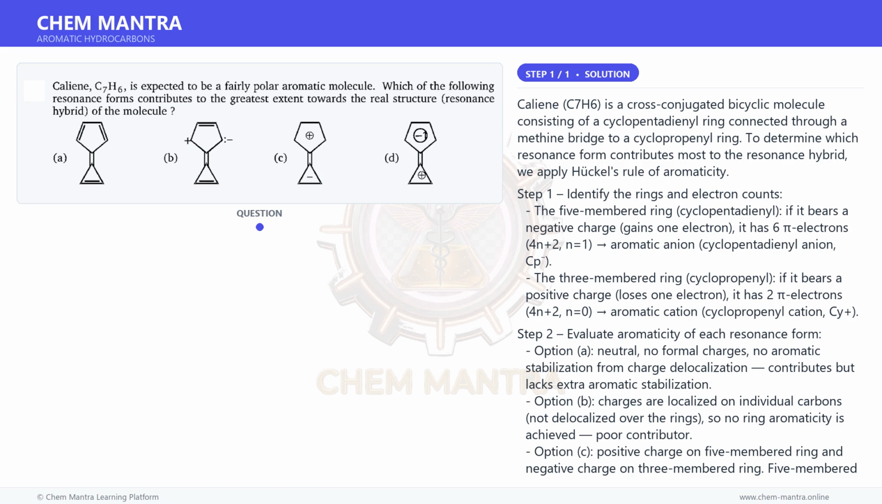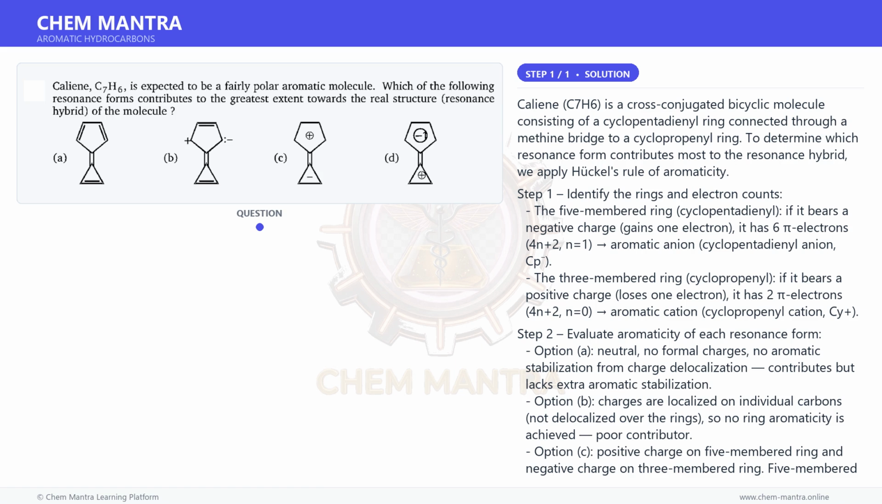Step 2. Evaluate aromaticity of each resonance form. Option A. Neutral, no formal charges, no aromatic stabilization from charge delocalization; it contributes but lacks extra aromatic stabilization. Option B. Charges are localized on individual carbons, not delocalized over the rings, so no ring aromaticity is achieved, poor